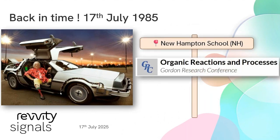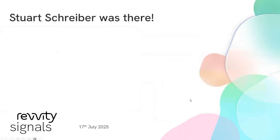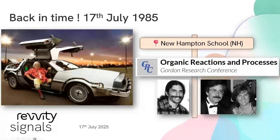The disappointment at missing a pleasant walk outside was short-lived, however, because they were about to witness a revolution in how they communicated their discoveries. So there, David Evans and Sally Evans stood behind Stuart Rubinstein, who was demonstrating something important on the screen of his newly acquired Macintosh 512K. It was the beta version I was mentioning of ChemDraw, and that is going to change everything for chemists. So in front of a captivated audience,